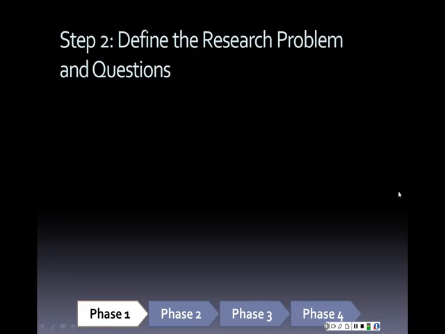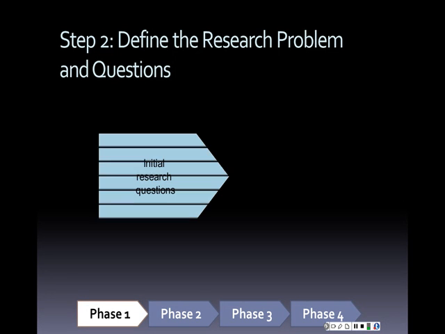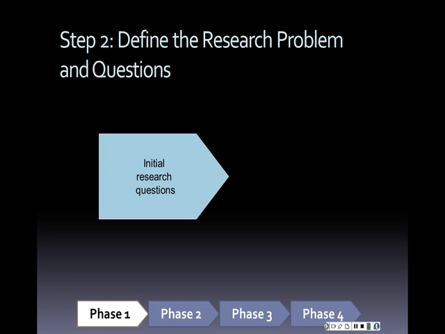So once you have sufficient background information on the research context, then you're ready to define the research problem and questions. And this is where you guys are right now in the project. You're trying to come up with the initial research questions. And this is something that takes some time and it takes some iteration,